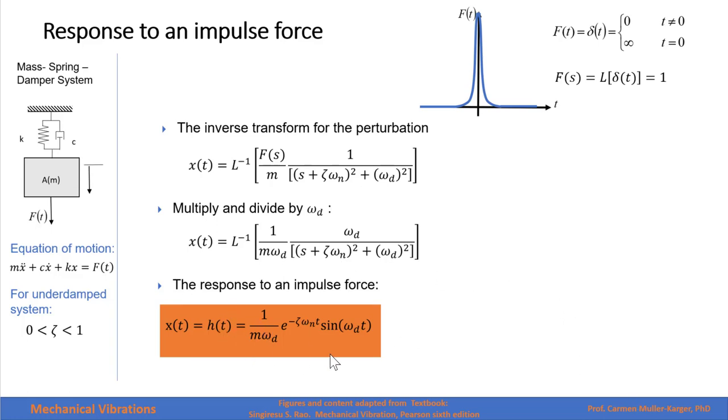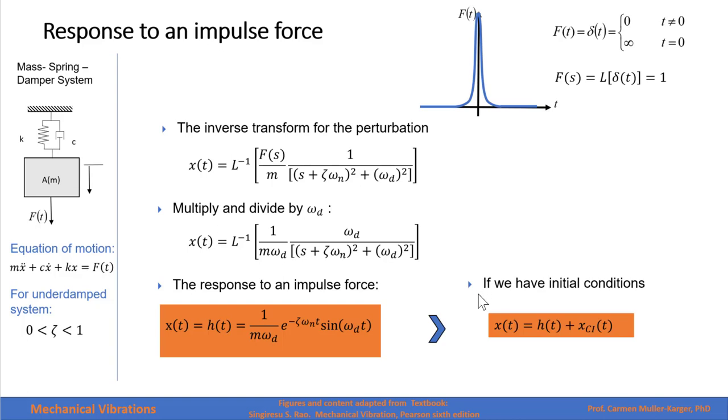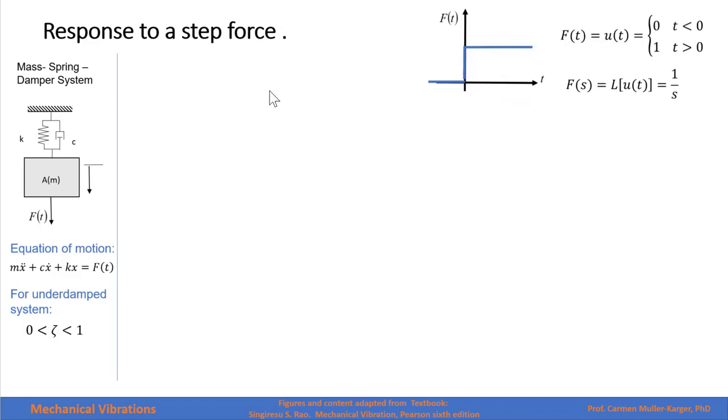And that's exactly equal to what we call h(t), which is the response to a unitary impulse force. Remember that we always have to add the response for the initial conditions. This response is for an underdamped system, where zeta is greater than 0 and less than 1. If we want to find the response for a step force, remember this is the function in the time domain,